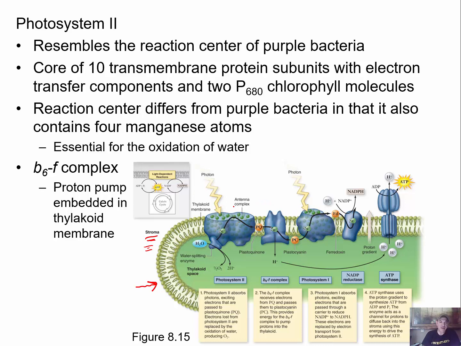And if we go back and we relate to the Z diagram, this one right here, this is photosystem 2 right here, and then there's photosystem 1. This is that B6F complex that pumps protons in, and you can see those electrons moving along this chain and the photons being absorbed by both. Here is your NADP reductase right here, where NADPH is produced, and if we build up a bunch of protons here, they can't just